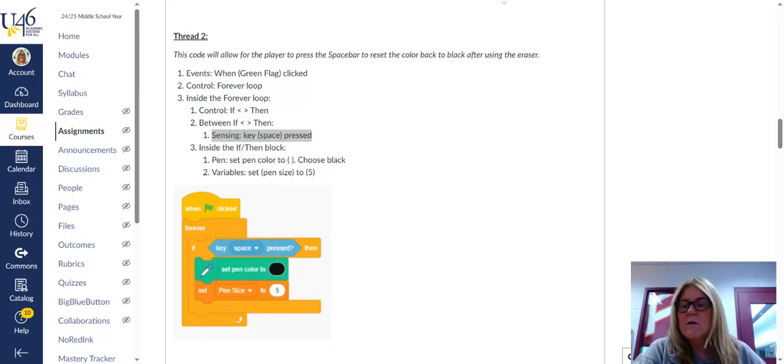We're going to use our space bar as our reset. So I'm going to say key space pressed. If the space bar is pressed, what's going to happen? Two different things. We're going to reset the color back to black, and we're going to set the pen size